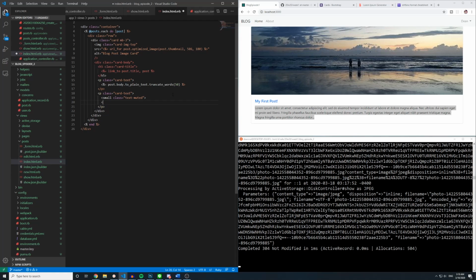And inside of this, we'll say <%= post.updated_at.strftime, because I'm spelling it right this time, and then we'll just say "%a, %b, %e, %y" in quotes and parentheses, and then after that we'll write "by", and then we'll open up some more Ruby code,